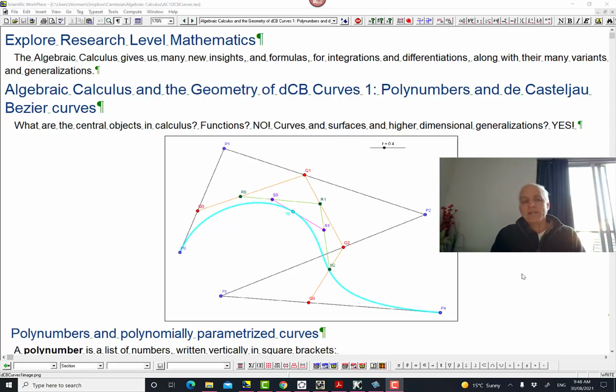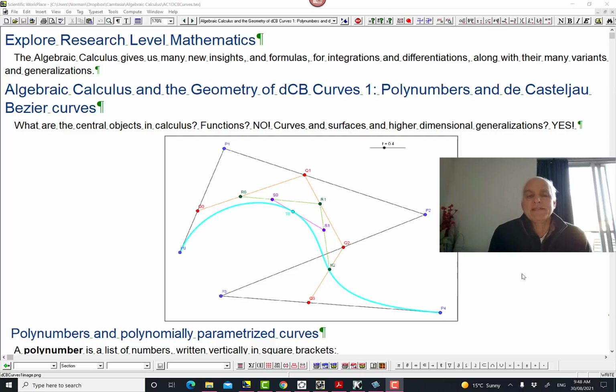So along the way, of course, I'll have to tell you a little bit about algebraic calculus. I'm not going to assume that you know about the algebraic calculus. You will learn a little bit about it, but don't expect that you're going to get a complete view from this, all right? You're going to get an overview and some insights, but for the full story, which is by now very extensive, you want to go to the Open Learning course on algebraic calculus or start watching the videos.